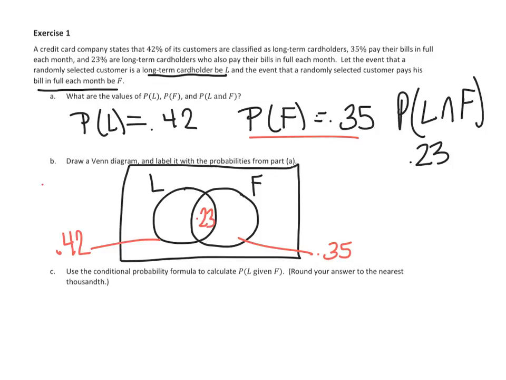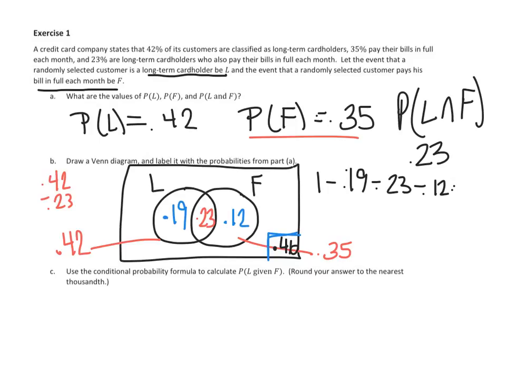Remember, the rest of L is going to be 0.42 minus 0.23. So there I would say I get 0.19. For the rest of the circle, I'm going to say that's 0.35 minus the 0.23 that's already in there, for a total of 0.12. So remember, don't forget you're going to have people that are outside here. All of these probabilities, these three numbers and this guy out here, have to total 1. So I'm just going to say that's 1 minus 0.19 minus 0.23 minus 0.12. And that gets me a total of